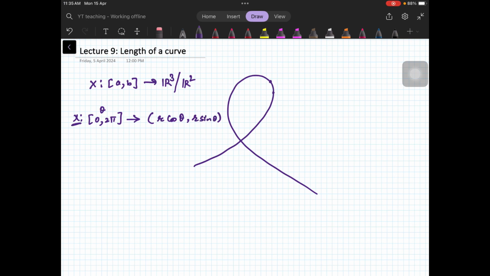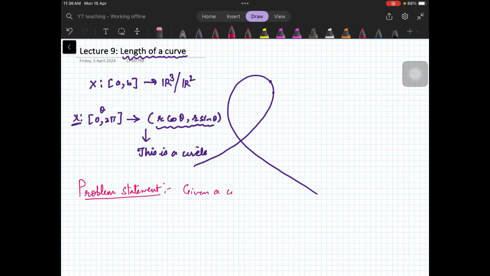So x is a vector valued function. Can you see? So this is a circle, this is a circle, this is a circle. So we will be talking about the length of a curve when we are dealing with vectors, like how we can find the length of a curve if we know the equation of the curve in terms of vectors. So let me write down the problem statement. What we are trying to do here is we are given